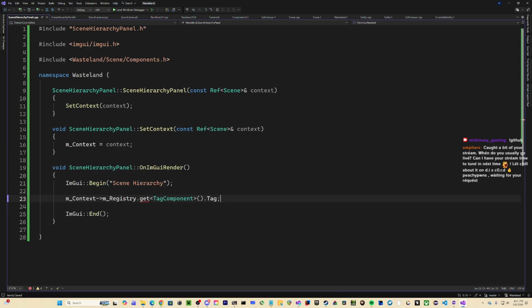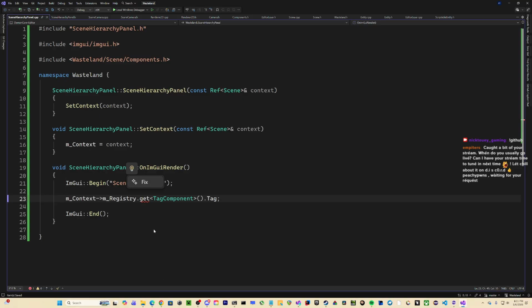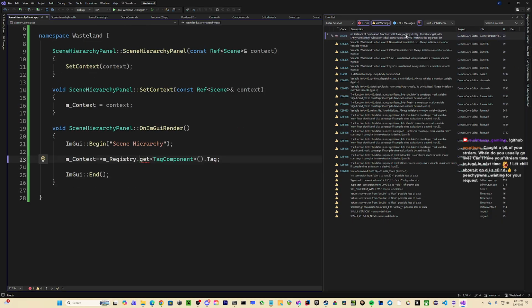Why aren't you working? My stuff's messed up. IntelliSense, why do you do this to me, man? Entity allocator. What? Basic registry.